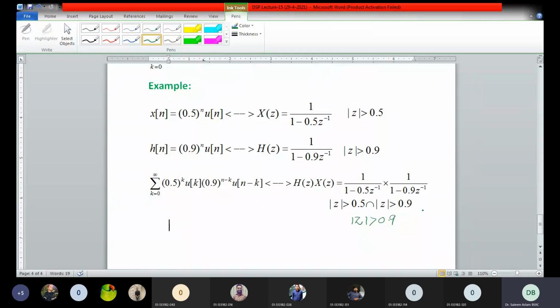Keep in mind that IIR systems have poles and zeros together. However, if you are given an FIR system, can you compute its Z transform? The answer is yes. You can compute the Z transform expression for an FIR system, but we don't need to, because